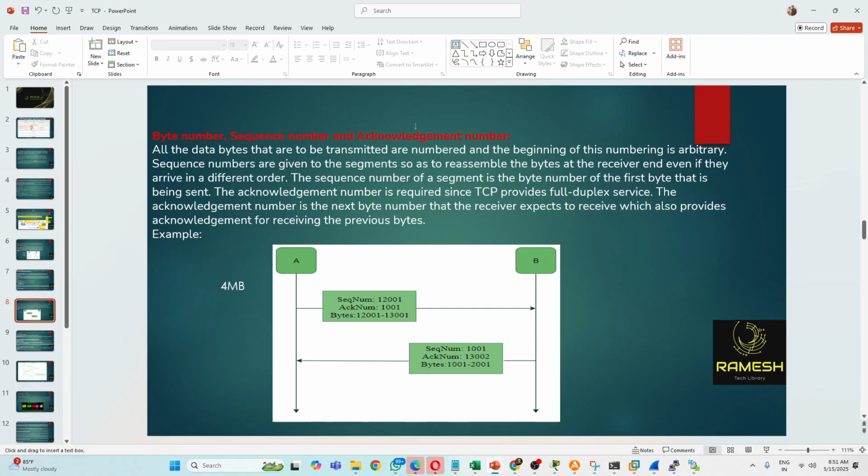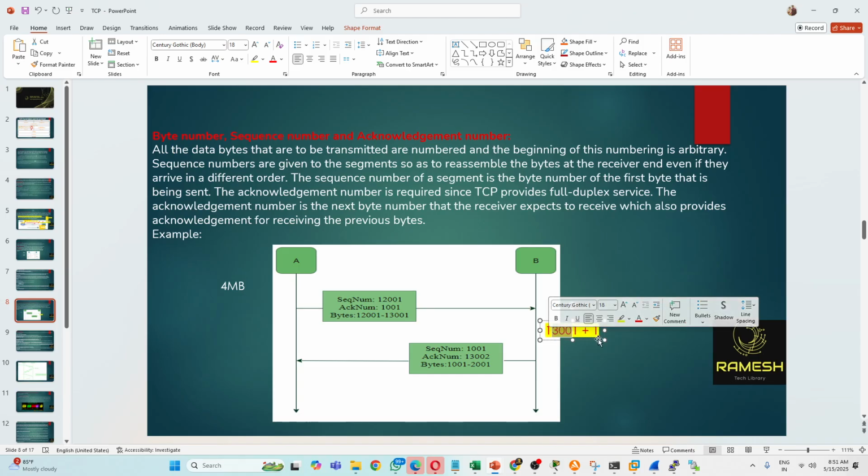Okay. Here I'm sending how much data for the first time? 12,001. Okay. So this many bytes I'm sending for the first time to the receiver. What will it do? It will give you an acknowledgement. How will it give acknowledgement? It will add +1. So this is a range, right? 12,001 to 13,001. Whatever the last byte is, this is 13,001, right? So 13,001 is the last byte, and it will add +1. It will send to computer A.